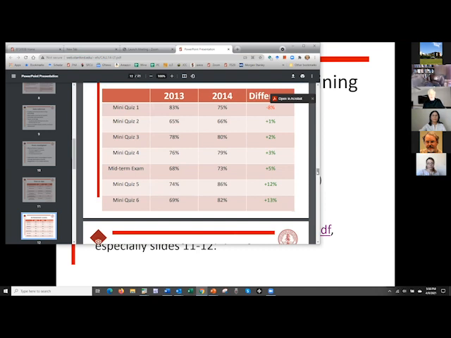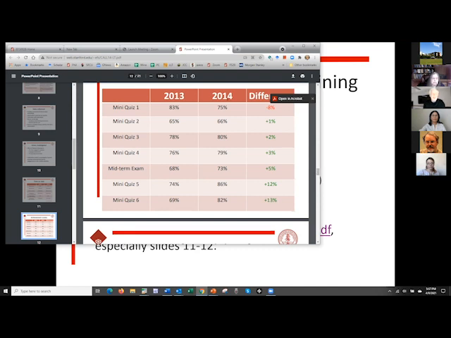The quizzes that he gave were equivalent from year to year. In the first quiz, before they had any training, the 2014 class actually did significantly worse than the 2013 class. And you can see them building up, and because they're I think 30-something students in each class, I forget what the exact number is, but anyway, by the time there was a 3 to 4% gain, it was already hitting statistical significance. And later on, much, much more.